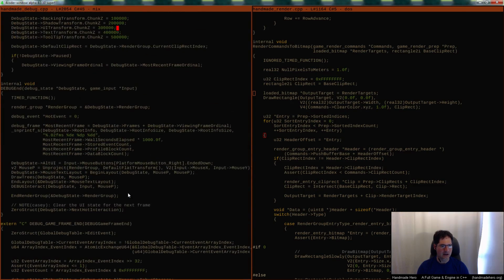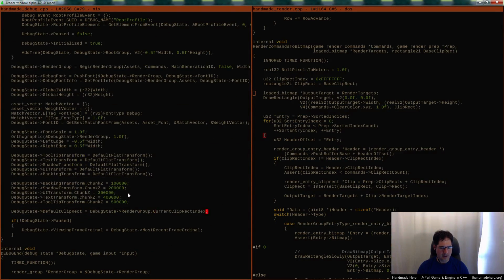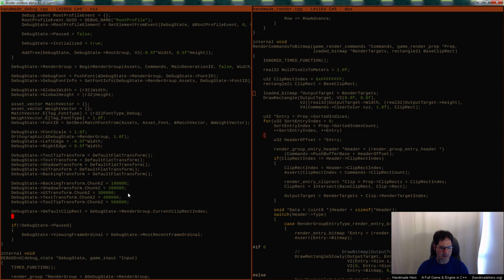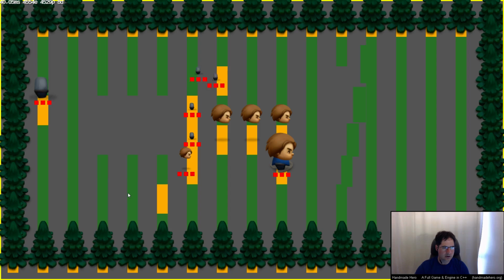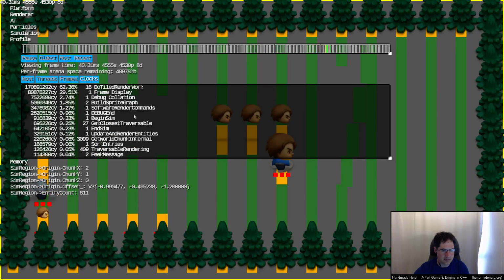So when we call debug begin here and we set default cliprect to be current cliprect index or whatever this is, I think this is using a custom cliprect.